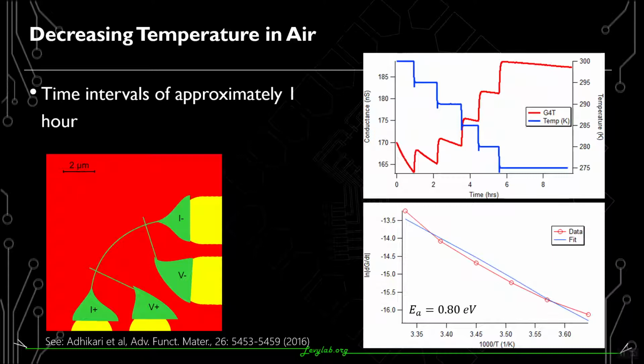In order to analyze this data and understand it, the next thing we did was we took a linear fit of each of these decay periods to find a rough slope of decay, or a linear rate of decay dg/dt. By plotting the natural log of dg/dt against the inverse of temperature, we get a graph that obeys the Arrhenius equation, and we're able to then use that in order to find an activation energy of the decay of conductance of these nanowires. We find an activation energy of 0.8 eV for this test,